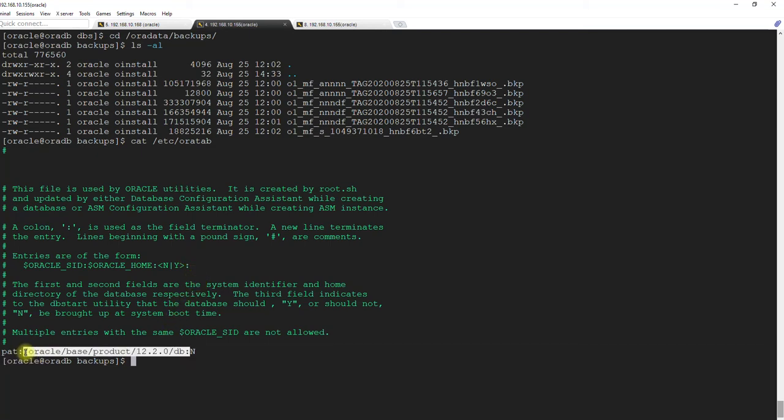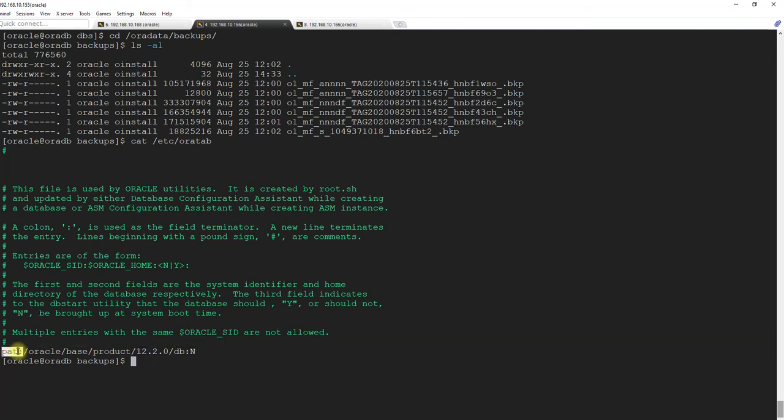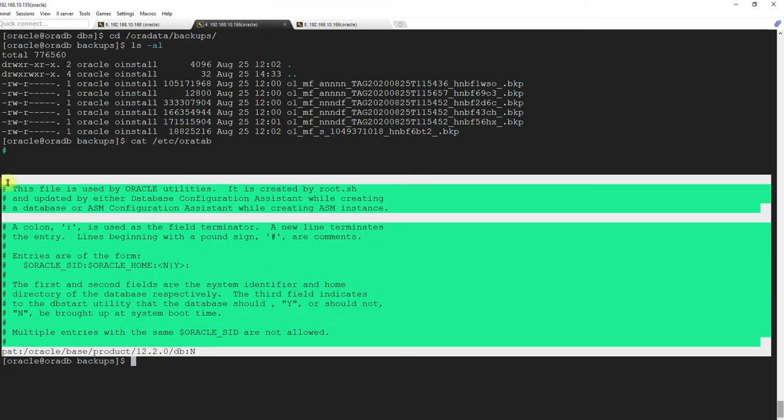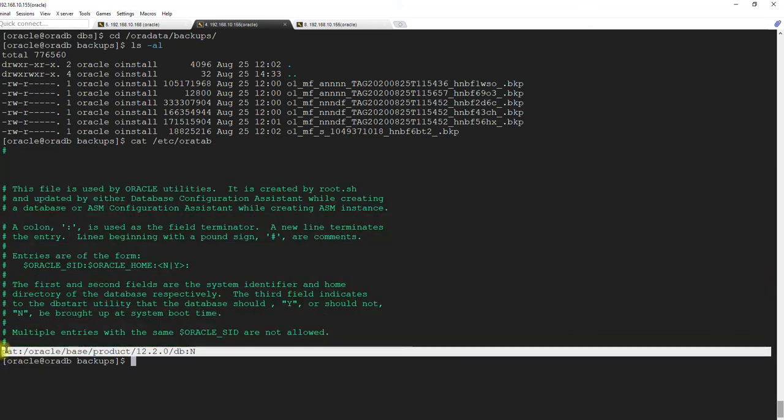Okay, so now you see that the upcoming or future database I'm trying to get is PAT. This is what I'm thinking of creating, right? A PAT database. That's why I named it. How did I get this complete thing? You usually get this either using previous activities, if you have done them and have not deleted the oratab file,